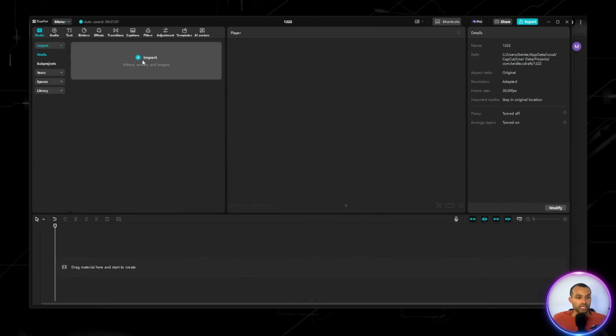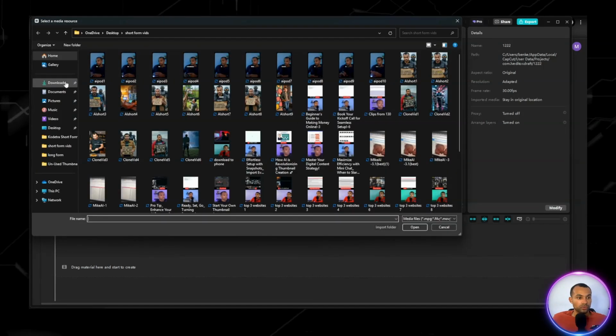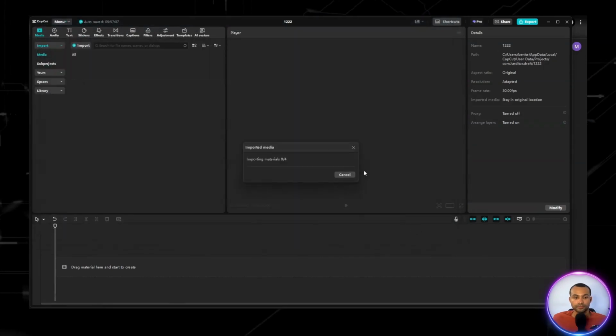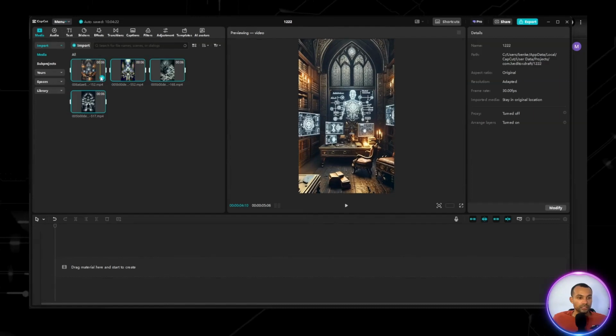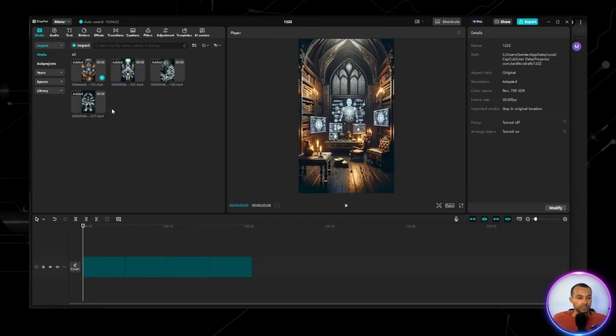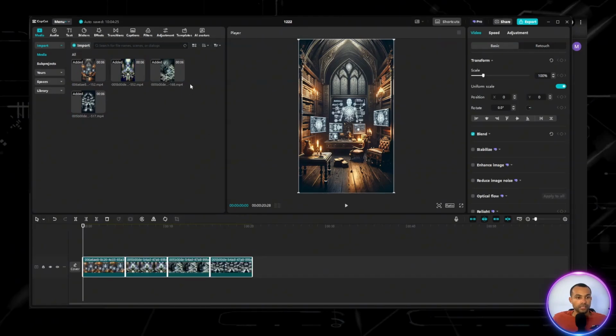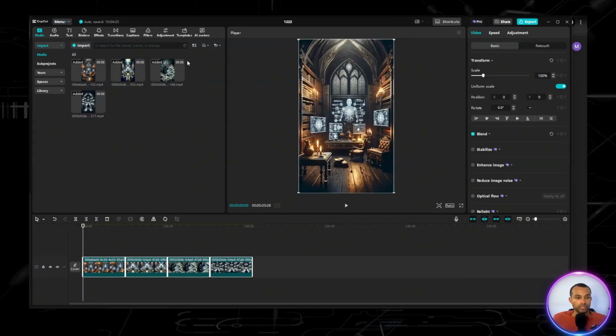But since we just downloaded those to my computer, we need to go to downloads. Let's import all these. And so, boom. Looks like I added all 4 of them in there. What we want to do is,